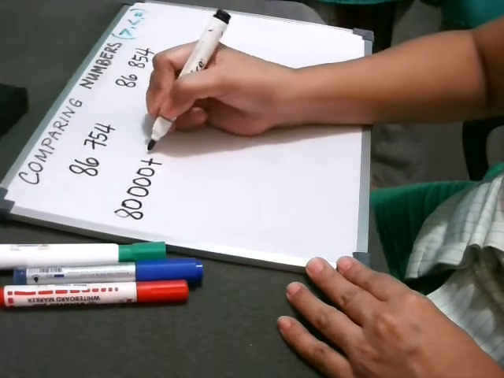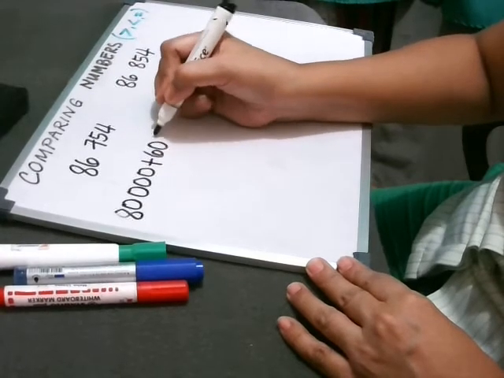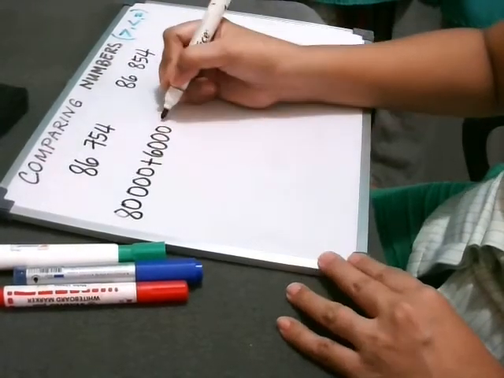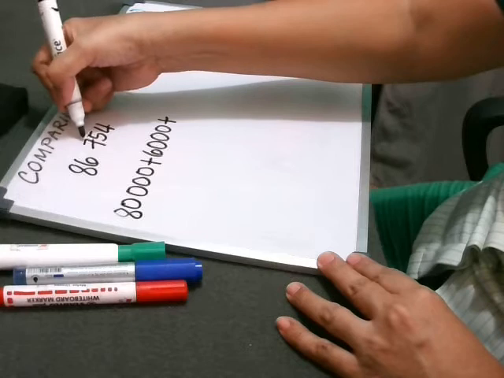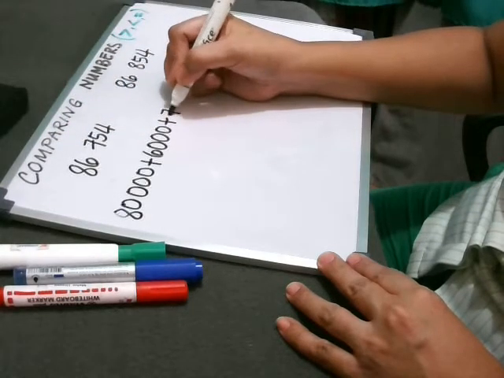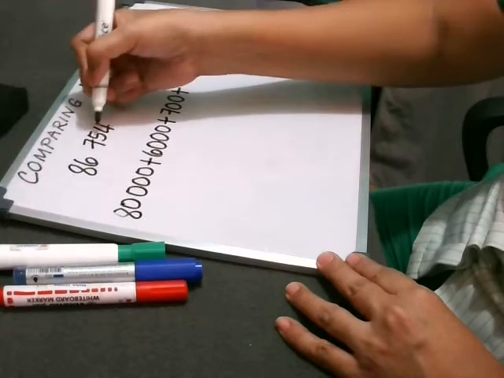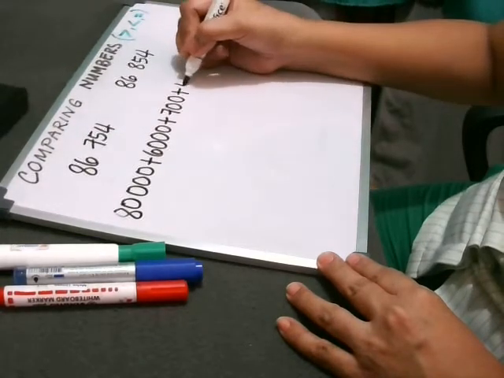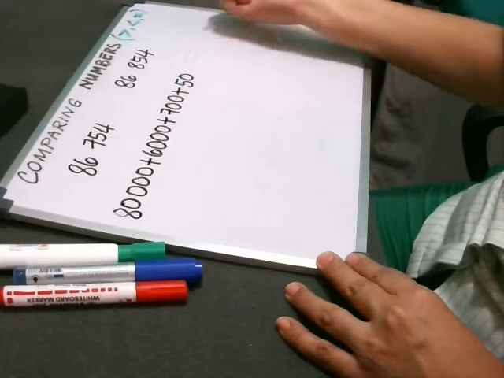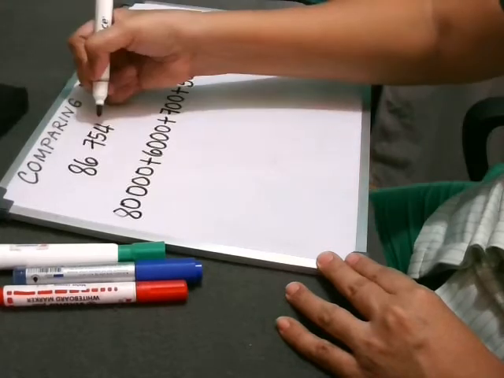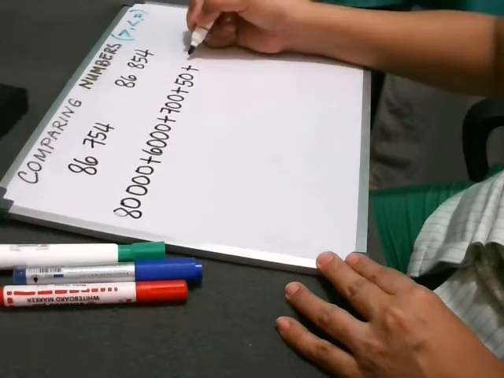And this one is 6,000. And then the next one is in the hundreds place. That will be 700. And then the 5 here is on the tens place. That would be 50. And then the last digit on its right is 4, which is in the ones,